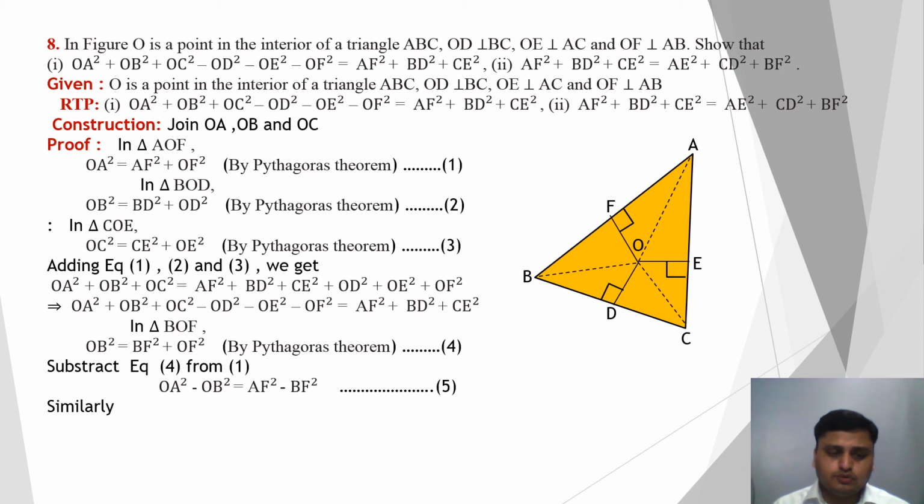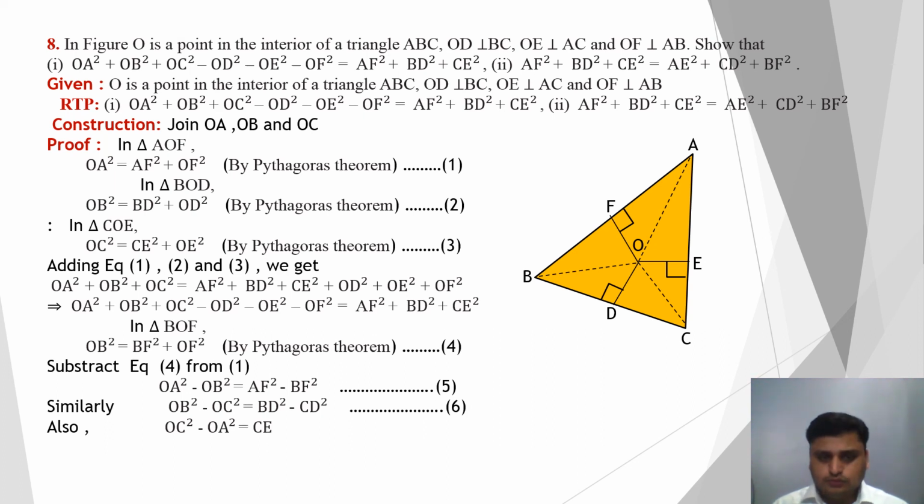Similarly, if I have taken OA square minus OB square, I can write OB square minus OC square is equal to BD square minus CD square, and this one we assume as equation number 6. In the same way we can do OC square minus OA square. OC square minus OA square is equal to CE square minus AE square, and